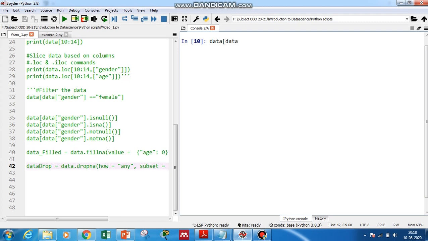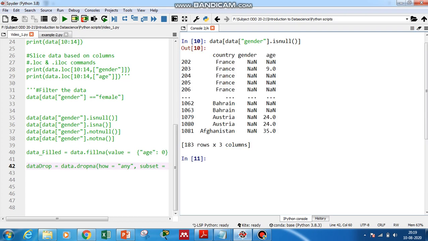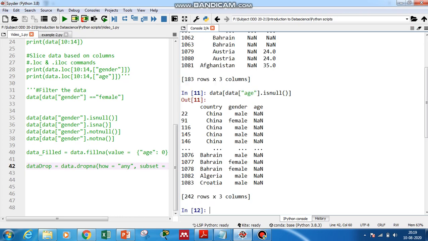We can simply give data gender dot isnull. This will return all the rows wherever gender is null. Similarly, we can give age isnull. Here it returns the rows where the age value is null.